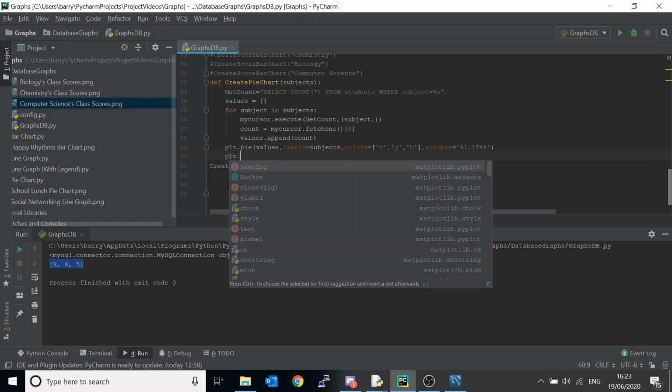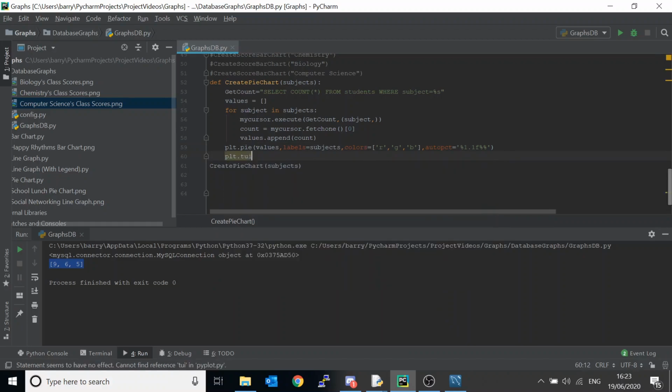Now we'll do plot.title, and this is going to be the number of students per subject. Excellent. And then we'll do plot.axis equal. That's just going to mean that the pie chart is centered lovely in our plot.show here. Okay, so now when we run this,